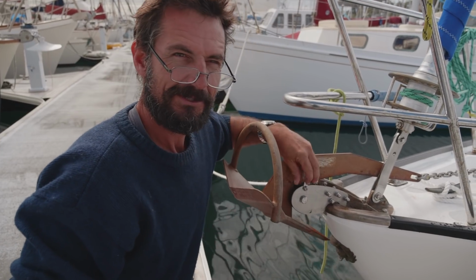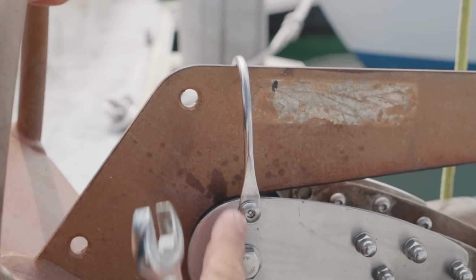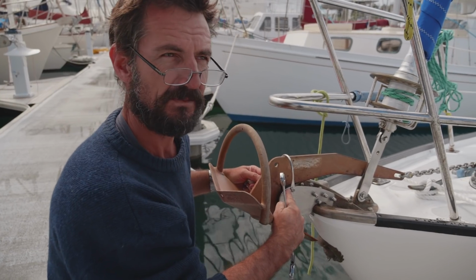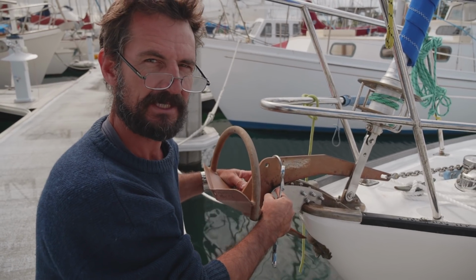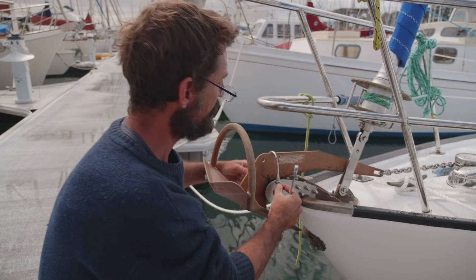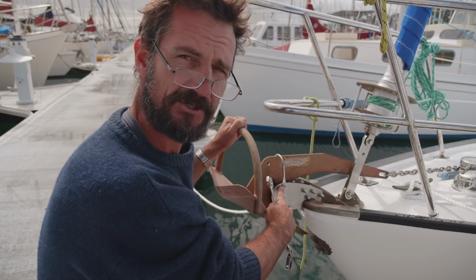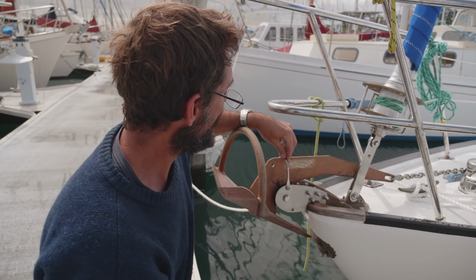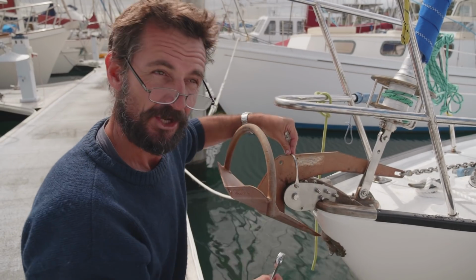Our old boom, I scavenged this bail off it and attached that also with these 8mm bolts. So again, we drilled a hole in here, and Pete tapped that out because tapping stainless isn't that easy. So he's tapped that out to an 8mm thread, so I can put these 8mm button head cap screws in, and that holds our old bail. And that old bail is just the right size where we put these holes to hold down our anchor,